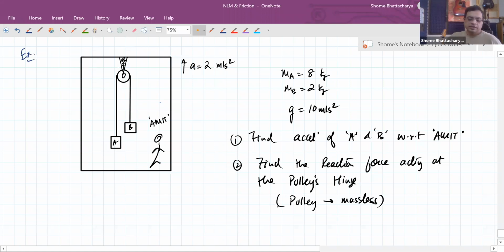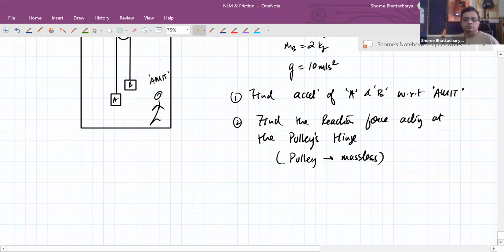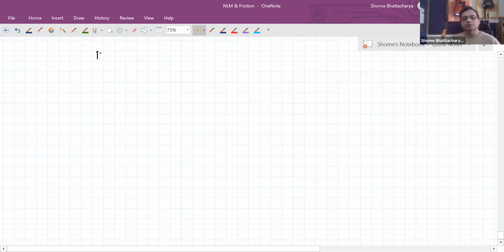So let us understand this question in detail next to fully understand the concept of pseudo force. Okay, so what we will do is we'll make the free body diagrams